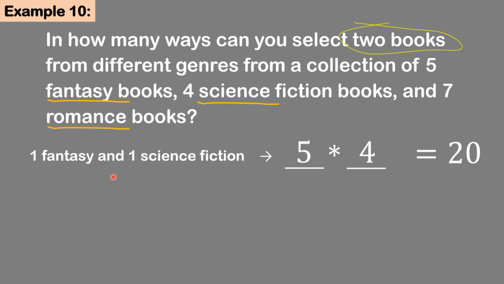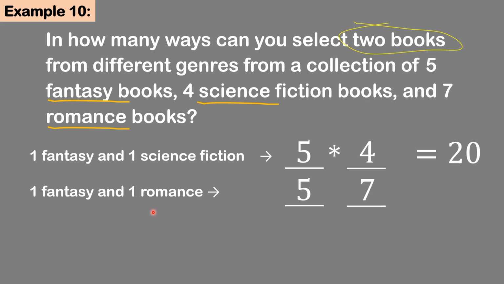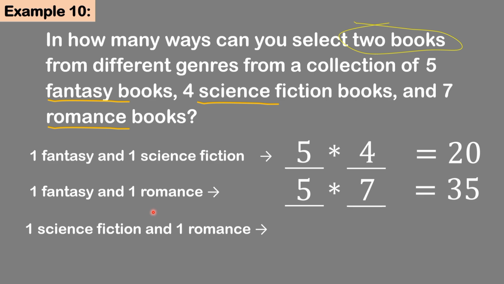And the other way is 1 from fantasy books and 1 from romance books. That is 5 times 7, which is 35 ways. And then 1 science fiction and 1 romance, which is 4 times 7 equal to 28.